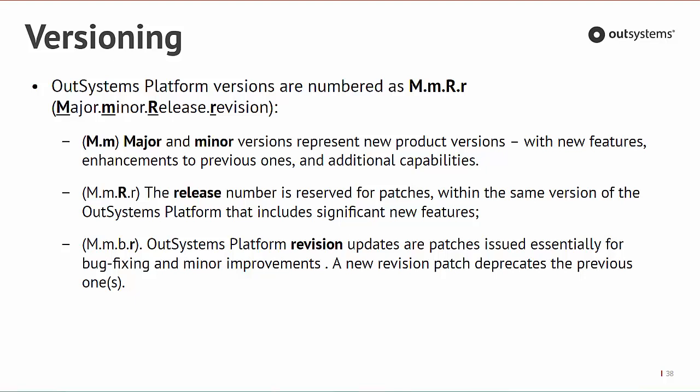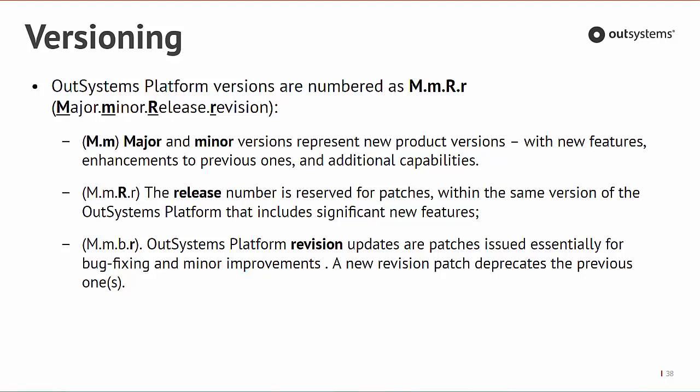Finally, the revision, new revision patch, indicates an update to the platform that introduces bug fixes or minor improvements to features. So a new revision does not introduce breaking changes with previous revisions and does not force an update of all components of the OutSystems platform. And as soon as you upgrade to a new revision patch, you no longer can come back to the previous version. Okay? If you want to know the versions of the OutSystems platform that's being used, you can do it